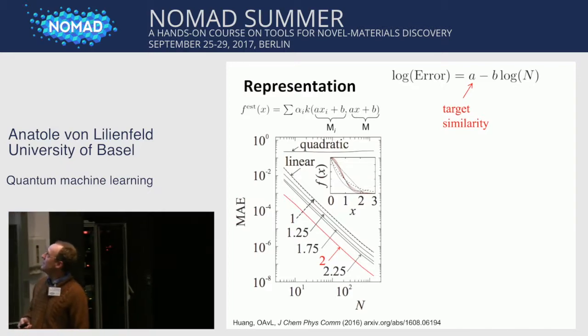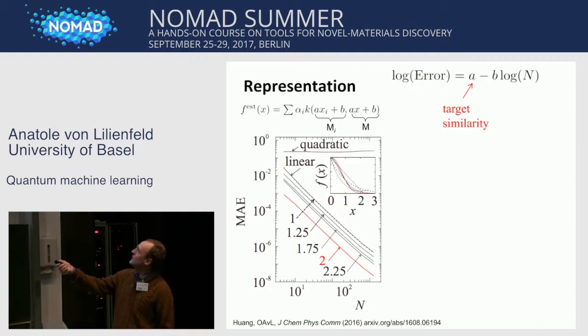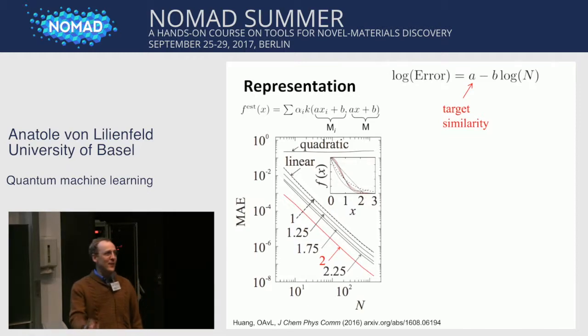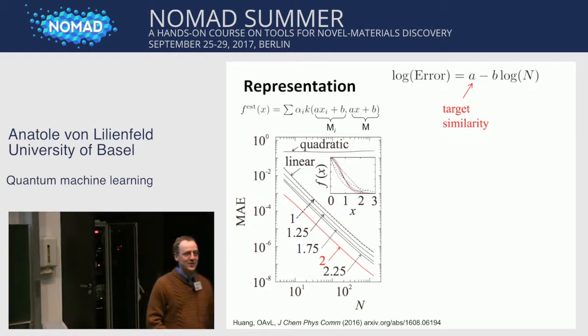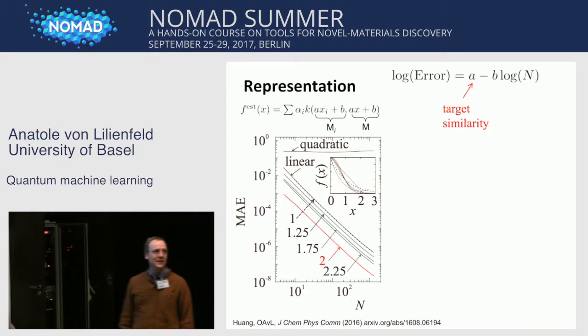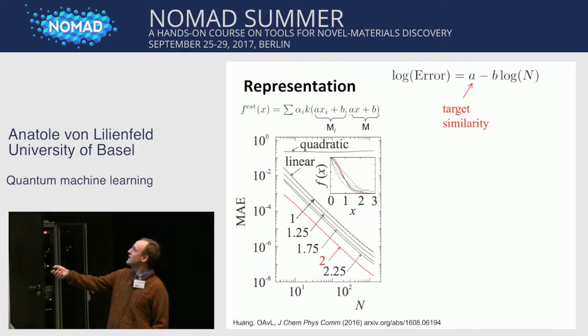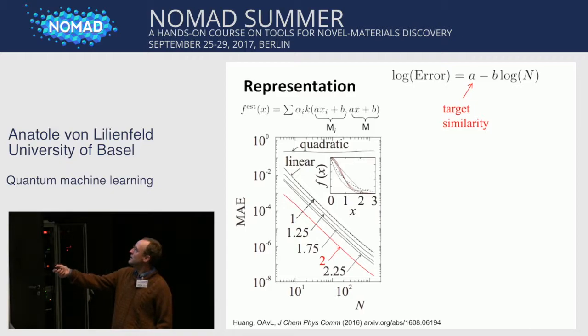Now we looked into this in more detail, and here's a little exercise. If you construct a kernel model of some function, let's say a Gaussian function shown here in red in this inset, you want to model that Gaussian function, and now you plug in all sorts of families of functions as representation. What would you expect to get in terms of performance? So this is what you see here. You see the learning curves for various functions. You put in a quadratic function, actually you don't have learning, it's not unique, so you cannot resolve this anymore. And you don't have learning, it's flat. If you put in a linear function, you get this learning curve.